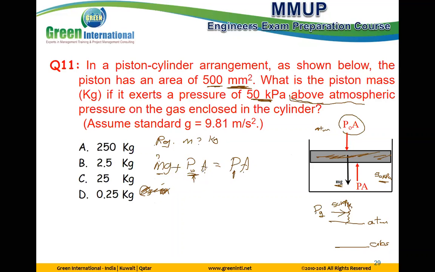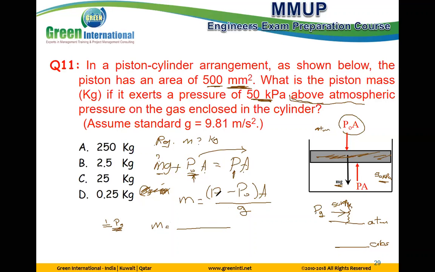We can make a simplification. This put on the other side, and we get m at the end. P node, sorry, P. This put on the other side here minus P node multiply area, common factor, divided by g. Correct? Yeah. I will use at the first case P gauge pressure. So the mass equal to,